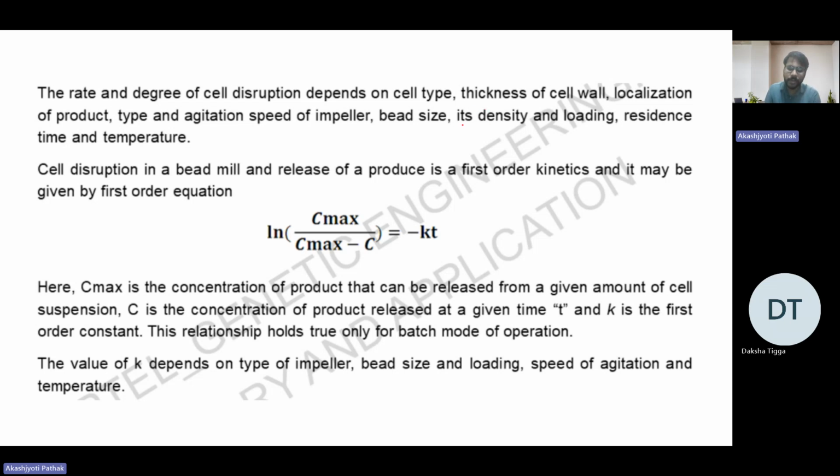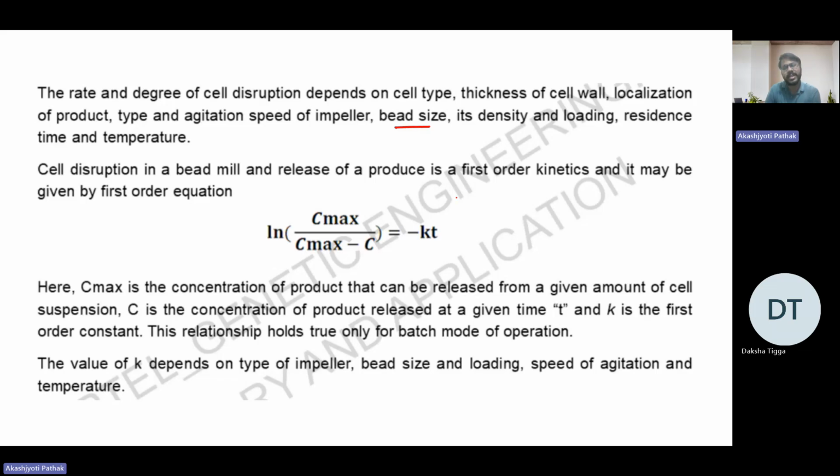If your protein is present in the inclusion bodies, you need to add detergents as well. Triton X treatment is required, and then you have to solubilize the inclusion bodies with guanidinium hydrochloride, and then you will get your protein. So there are different factors: the localization of the product, agitation, speed of impeller, bead size, density and loading, residence time and temperature. The cell disruption in a bead mill and release of product is a first order kinetics,